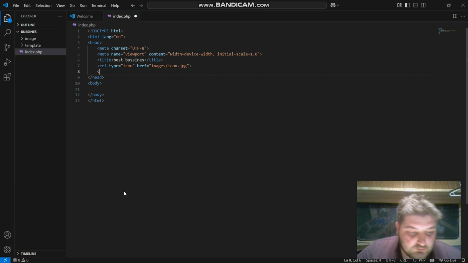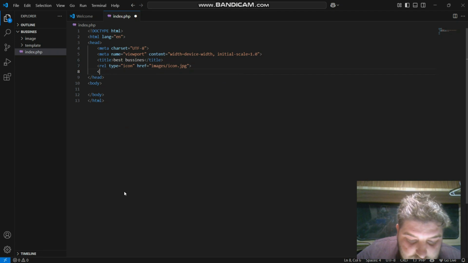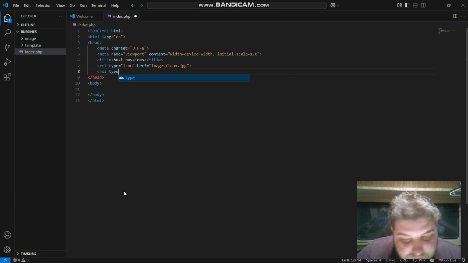The next thing we want is a style sheet. We don't want to put the styles in with that thing because that's not how they do it. Type